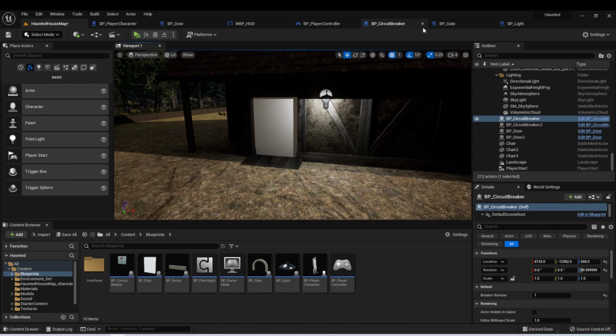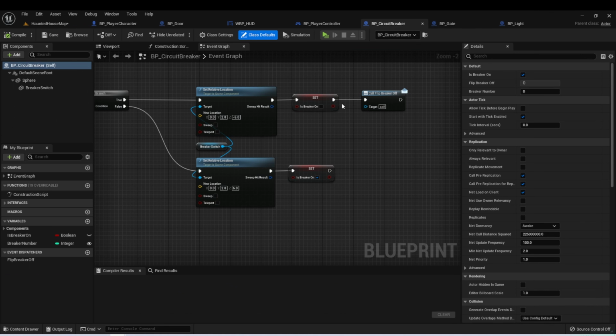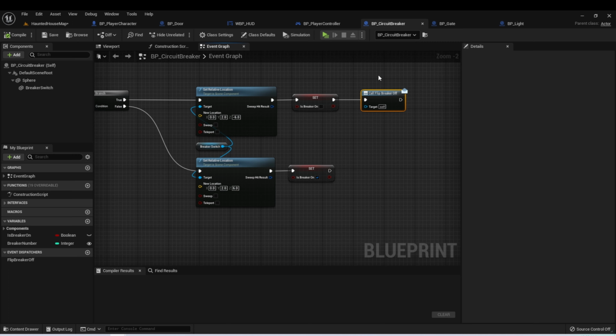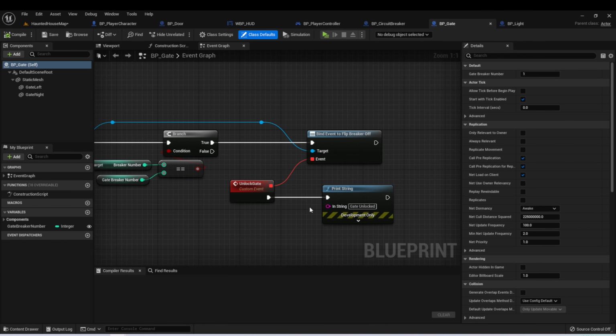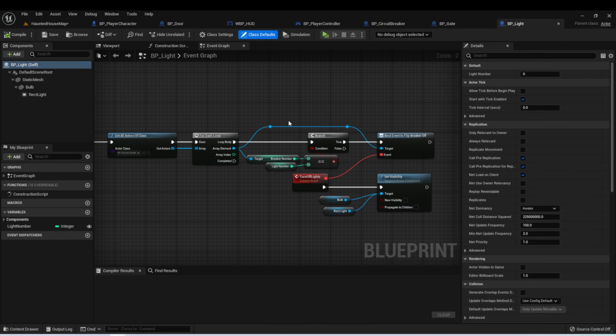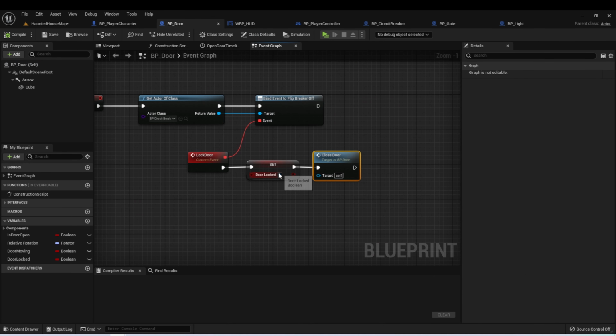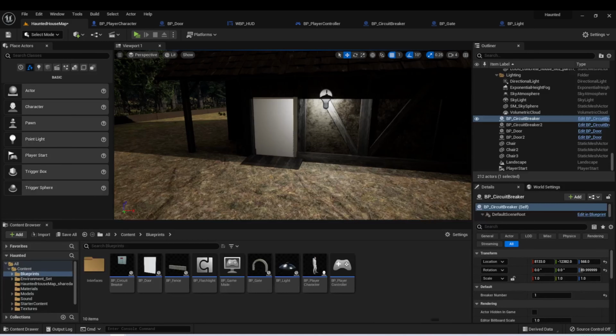And in the last video, we were able to set up our circuit breaker so that it calls this event dispatcher flip breaker off, which will eventually unlock the gate, and it also turns all the lights off in our house. We also set it up so that it closes and locks both the doors to this house. So the doors will be locked, and we want to create a way that the player can unlock the doors